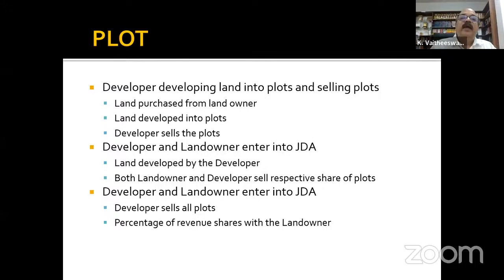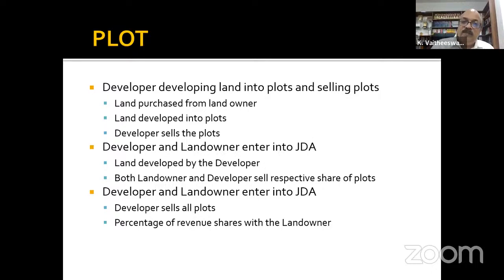Second model: developer and landowner enter into a JDA. Land is developed by the developer. And then, as per their agreement, we have developed 100 plots; you sell 40, I will sell 60. As and when the market comes, the landowner sells his plots or his share of land, and the developer sells his share of plots. Third model: developer and landowner enter into a JDA. The developer sells all the plots, makes the money, and then shares the revenue with the owner, somewhat similar to the